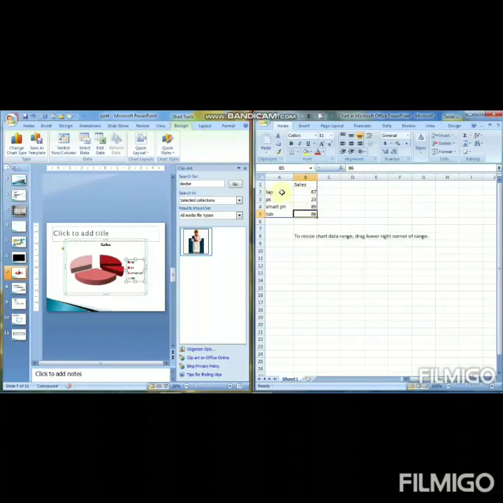I'll give the names as lab, PC, smartphone and tab. Now I change the values: 50, 40, 89 and 75. See the difference? When I change the values, the chart also changes here.